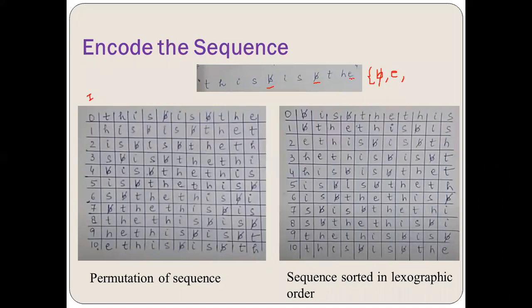Then I have F, G, H. So again comes H. H I'll take as the next symbol. H is again done. After that, I is there, so I'll take I. After that, J, K, L, M, N, O, P, Q, R, S. So then comes the S, so I'll take S, right? And then comes the final T. T is again twice. I'll take it only once. So this is the lexicographical order I got from the given sequence: B bar, then E, then H, then I, then S, and then T.